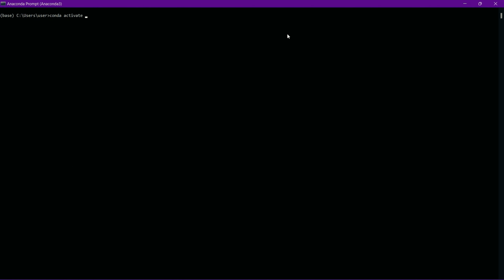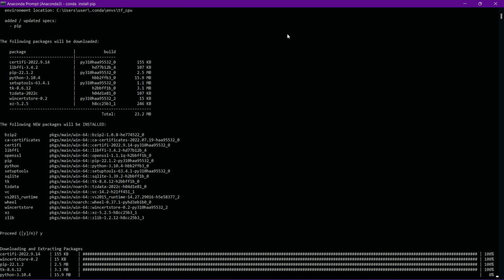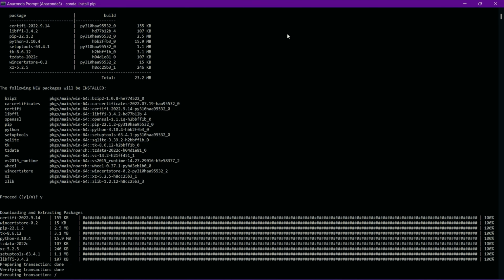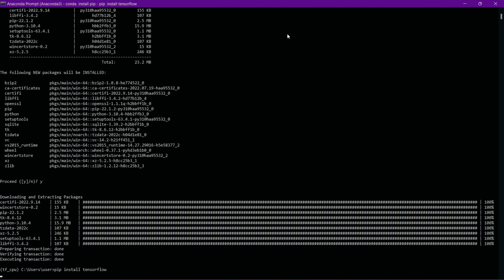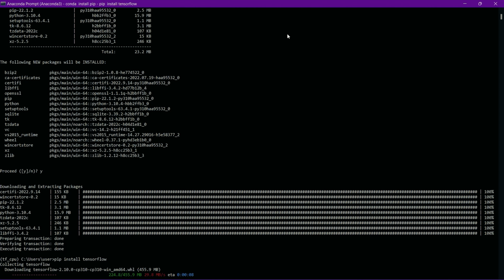Now activate the environment by simply typing conda activate tf_CPU. Then we install pip. For installing pip we simply use the command conda install pip. Then pip install TensorFlow. To install TensorFlow,